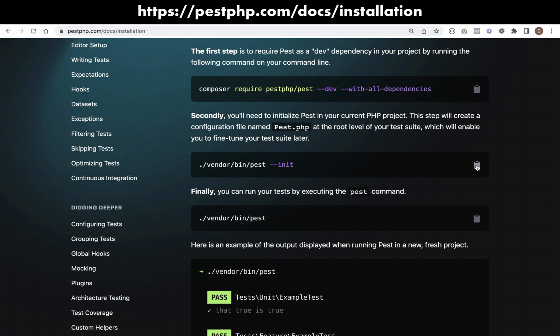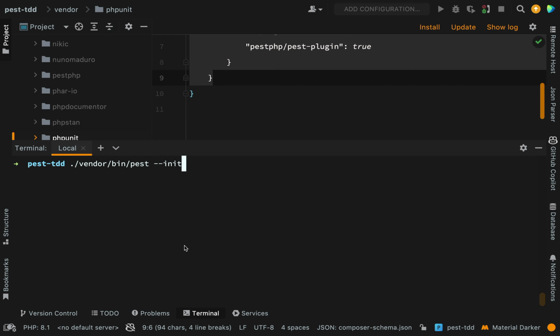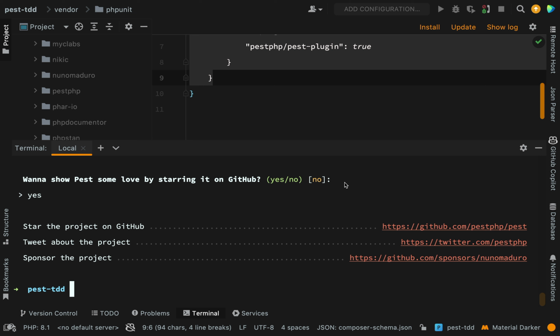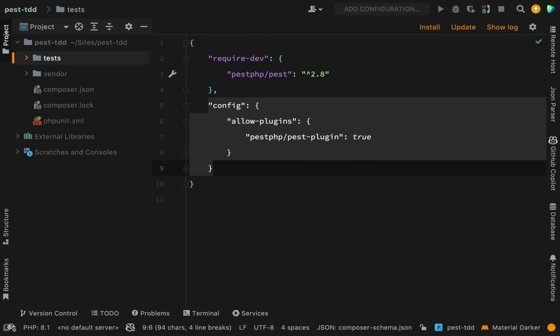And so if we grab this one here where it's saying vendor bin pest init, and then again in our terminal paste that in there, you'll see that it might ask you this question here: do you want to show Pest some love by starting it on GitHub? And as you can see, I've said yes, and I've gone and done that behind the scenes also. And now that we've initialized Pest, you'll notice that we have this tests folder, and inside of there we